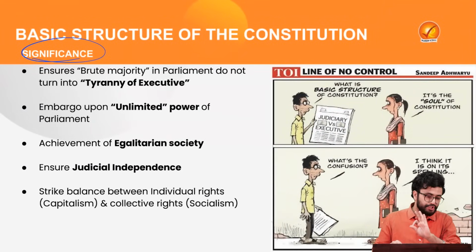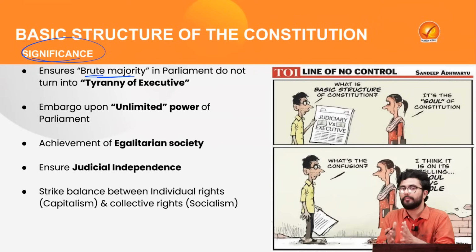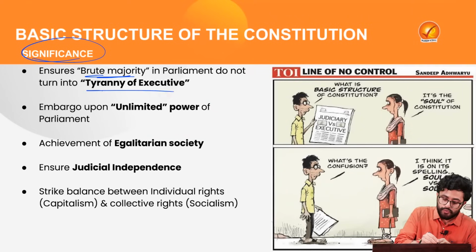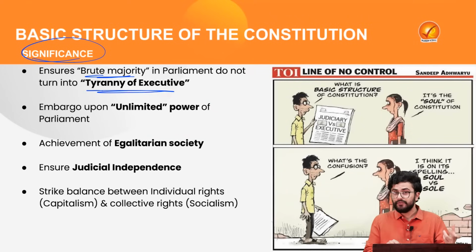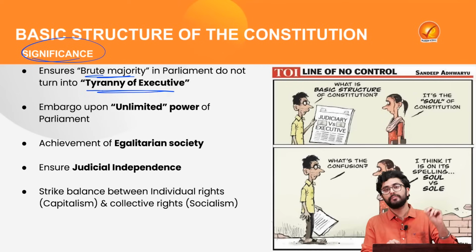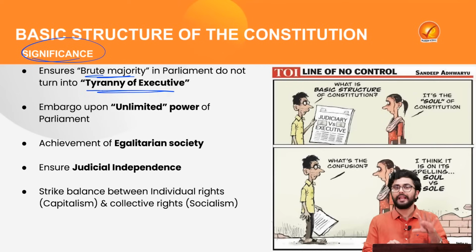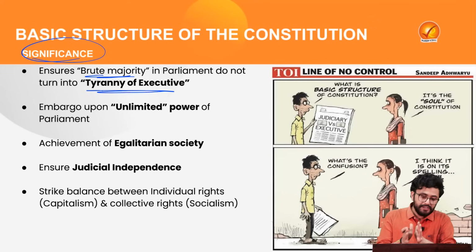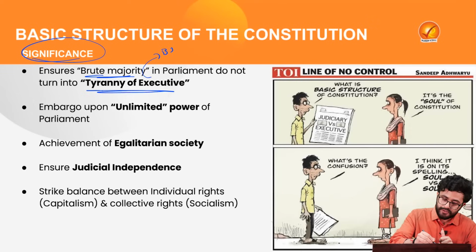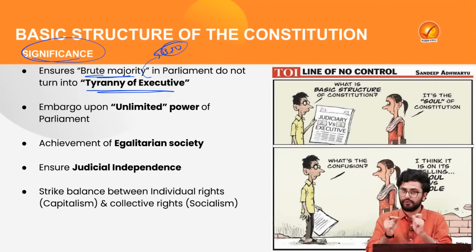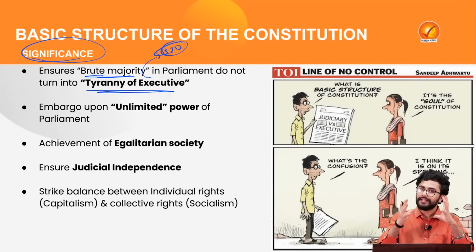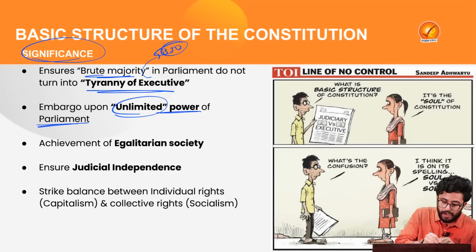First of which is that it ensures that the brute majority in the Parliament does not translate into the tyranny of the executive. As we saw, when the Indira Gandhi government had absolute majority, it eventually led to violating various democratic and republican features of the country and trying to completely overhaul the judiciary of the country itself by creating a blanket from judicial review. Thus, to prevent such tyranny of the executive, the basic structure doctrine acts as a shield for us. Then it also creates an embargo upon the unlimited power of the Parliament,